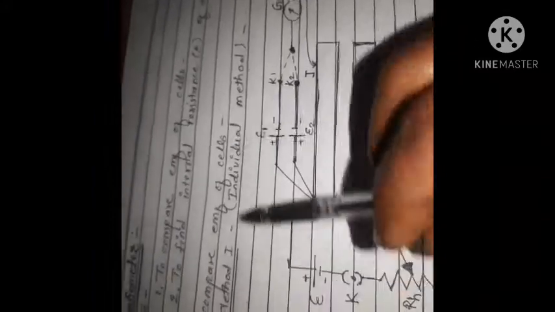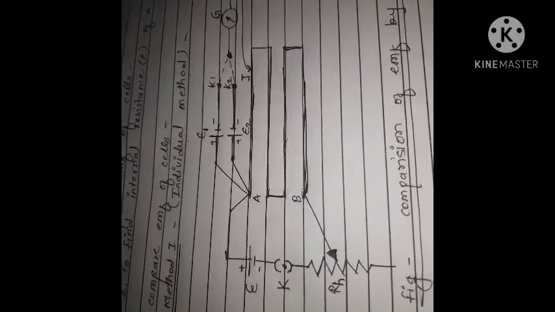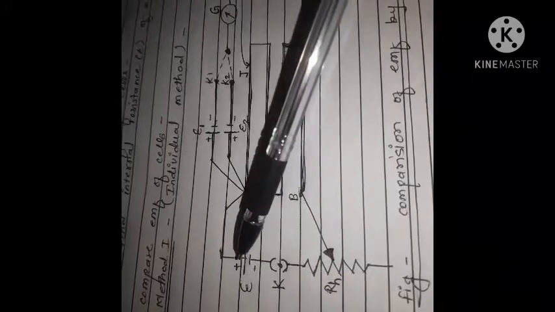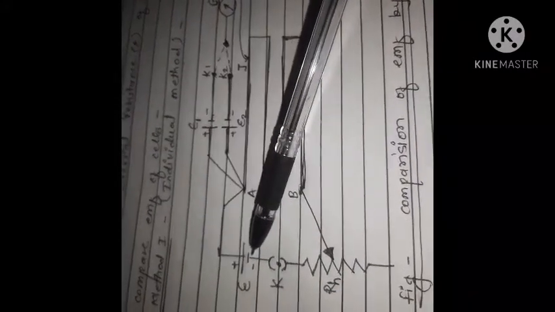To compare the EMF of cells by the individual method, this is the circuit diagram, in which a source of electricity, or a cell of EMF E,